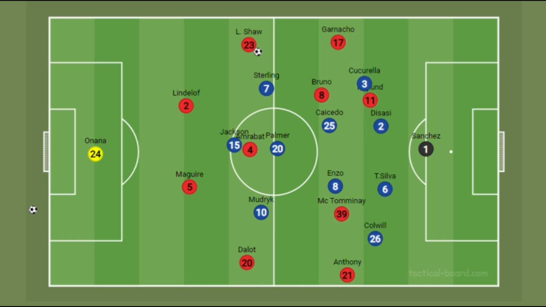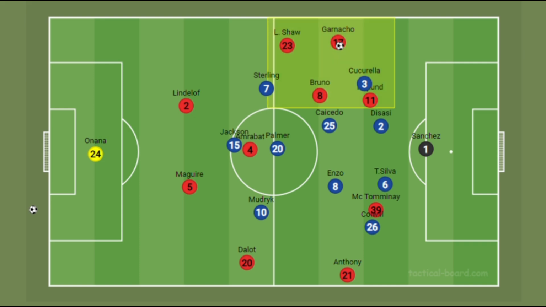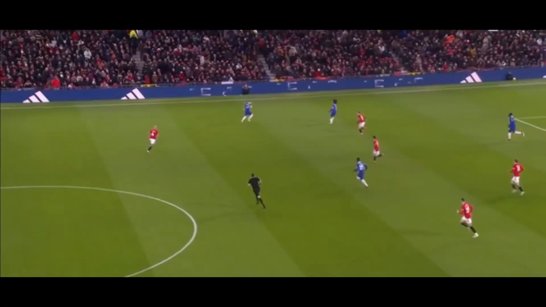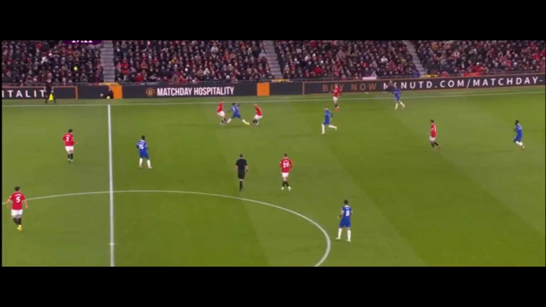So Højlund will be drifting in between Cucurella and Disasi, while Scott McTominay will be playing between Thiago Silva and Colwill. This would create spaces for Garnacho to receive the ball. And when Garnacho receives the ball, Manchester United will aim to create this right side overload. This right side overload was to draw Chelsea's backline and midfielders towards the right, where Manchester United could employ quick